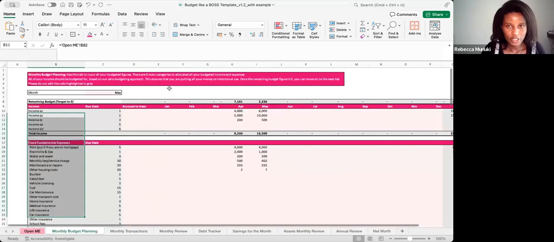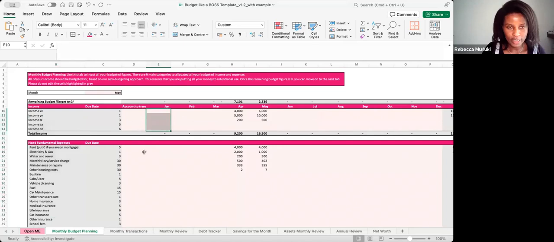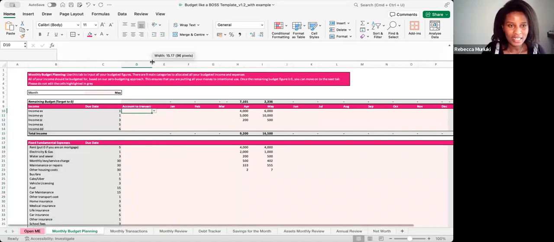Then you want to come to your budget planning. So this is where you do the actual putting of the numbers that you want to either spend or income that you expect to receive on a monthly basis. So if you're doing this as at January, you're going to come in here and input the numbers in the January column only. We have also put a column here for you to indicate which bank account you are transacting from,